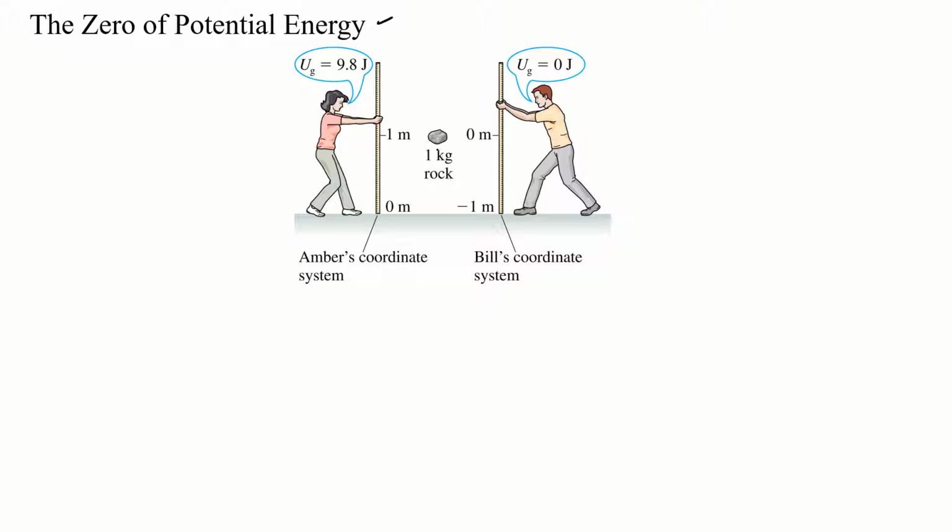So the example is simple enough. I have a 1 kilogram rock and it's 1 meter off the ground, off the surface of Earth, right? And I drop it and I want to know, how fast is it moving when it hits the ground, say. All right, so I'm going to start by looking at Amber's point of view. Amber does what many of us have probably done and says, okay, I'm going to define my origin as 0 in the y direction as being the surface of Earth. We've done that a lot in kinematics. We have the freedom to choose wherever our 0 is, so why can't she do that, right?